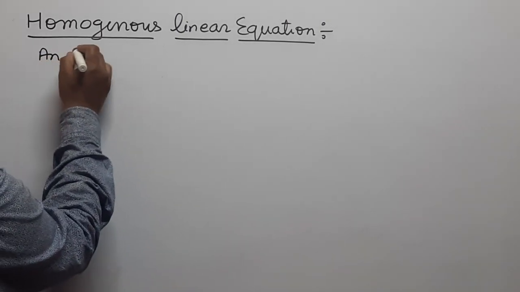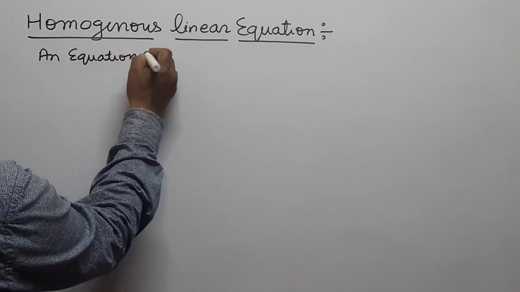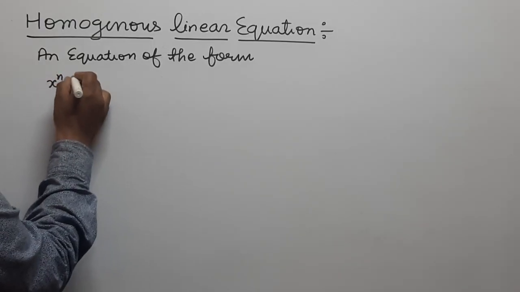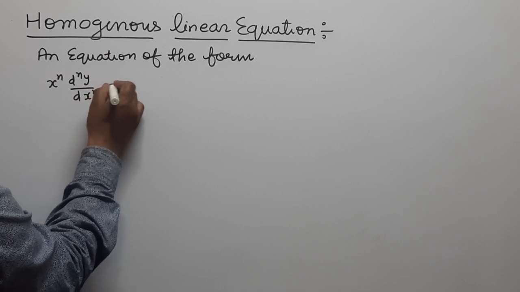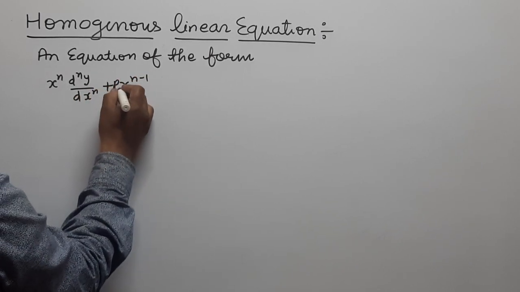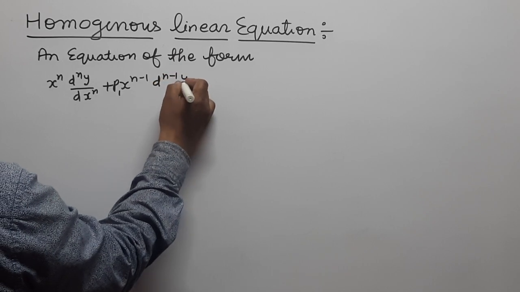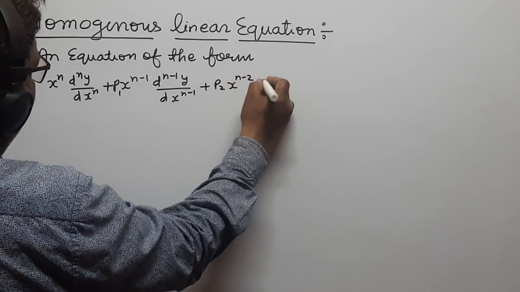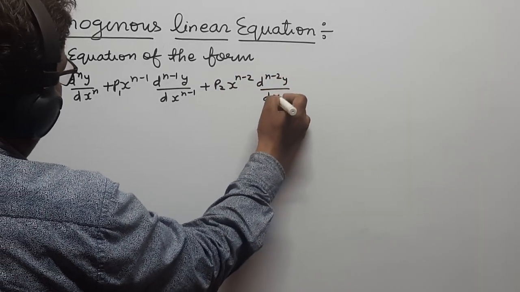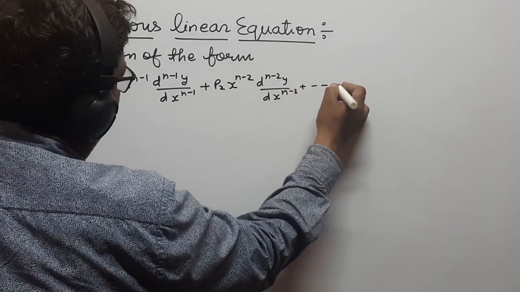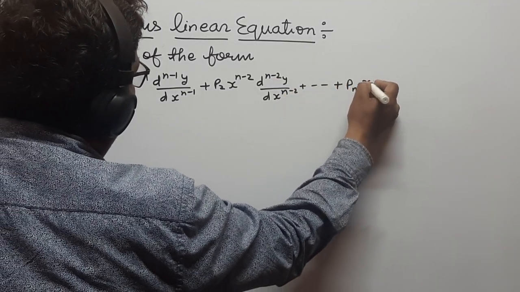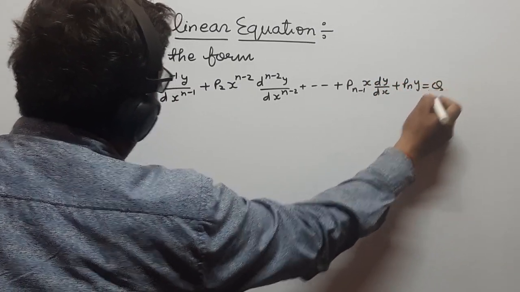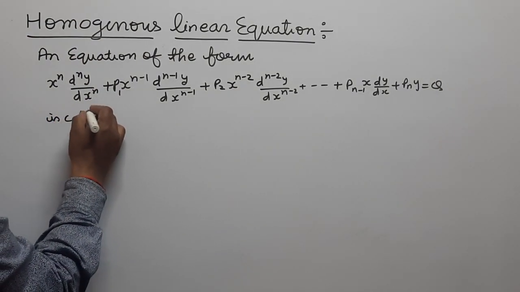An equation of the form x to the power n d^n y by dx^n plus p1 x to the power n minus 1 d^(n-1) y by dx^(n-1) plus p2 x to the power n minus 2 d^(n-2) y by dx^(n-2) plus and so on plus p(n-1) x dy by dx plus pn y is equal to q is called